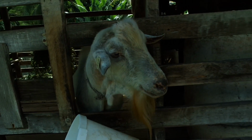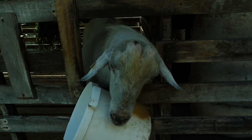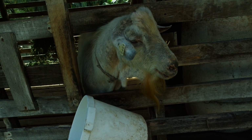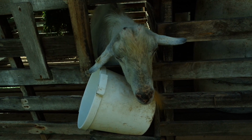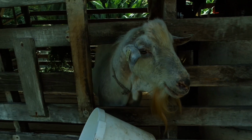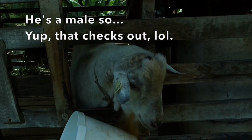Yeah, that's Carl. Carl's old now, so you're going to replace him soon. Oh, what happened to his horns? We have to dehorn him because Carl's a big cat. He can cause problems. So you don't want him to cause problems, so you have to remove his horns. You've been causing problems, Carl. Look at you. He's a male, so...